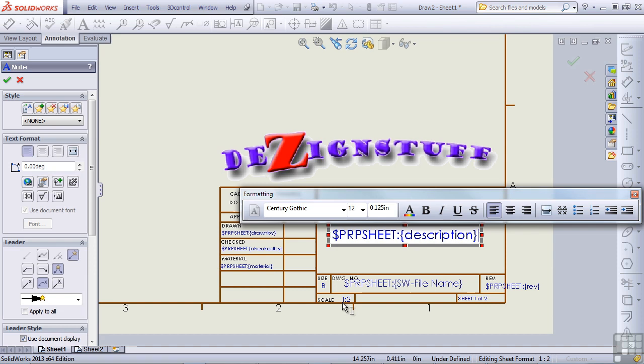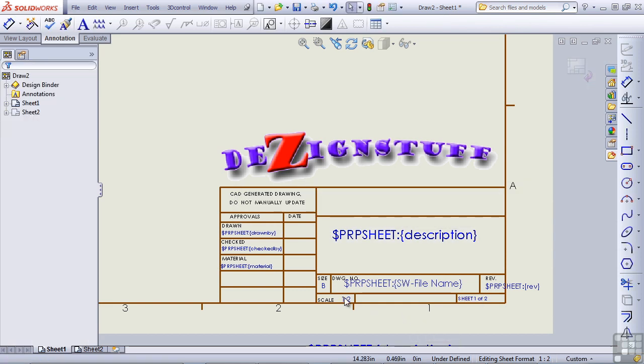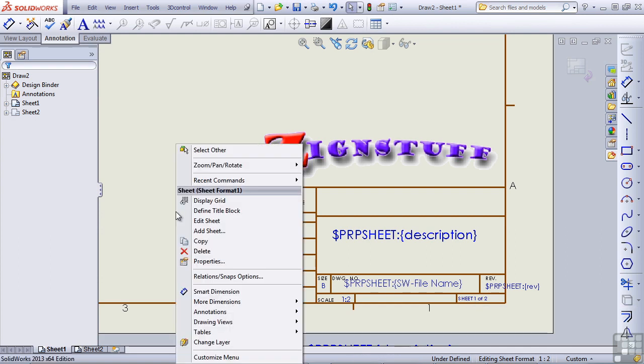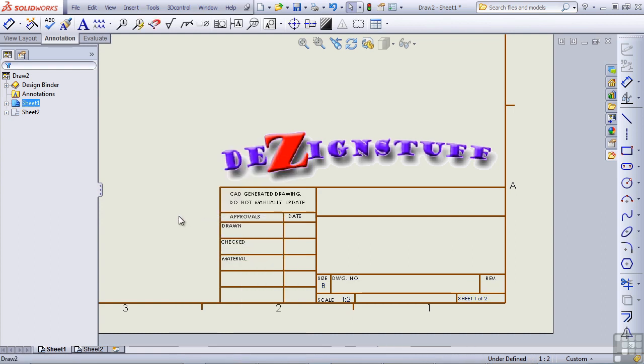Notice that there are a couple other fields in here, such as the scale that's automatically filled out and the sheet 1 of 2. If I hold my cursor over this annotation, you can see the syntax for this particular note. This one is set up automatically to calculate how many sheets there are and which sheet the current sheet is. Okay, now let's get out of the sheet format, go back to Edit Sheet, tile vertically,